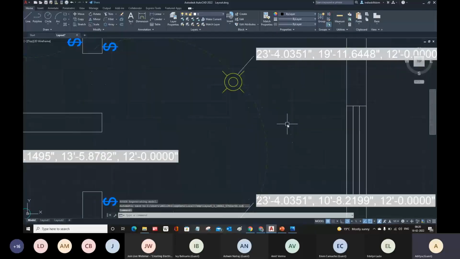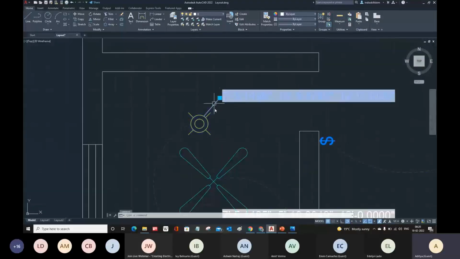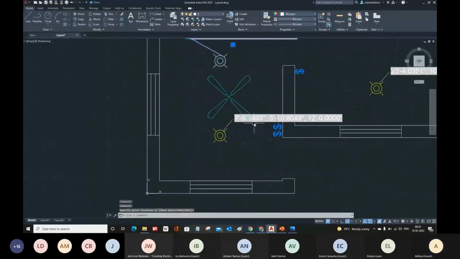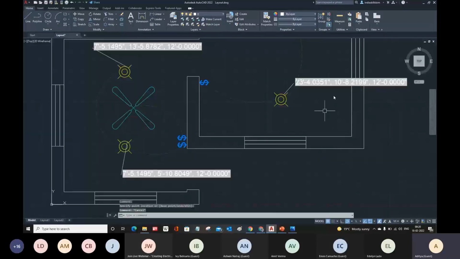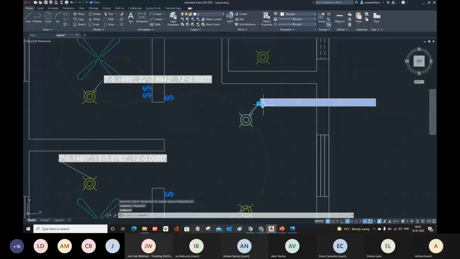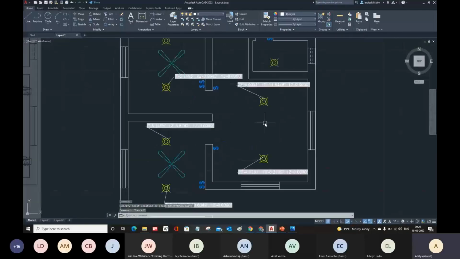And now if you want to move it, just select it. Because of that stretch, see, this is the benefit of that stretch which you have specified in parameter and action. So this will allow you to pick and drag it and place it wherever you want. So this is really a good thing where you can use all these block items, attribute items, and you can create electrical components.